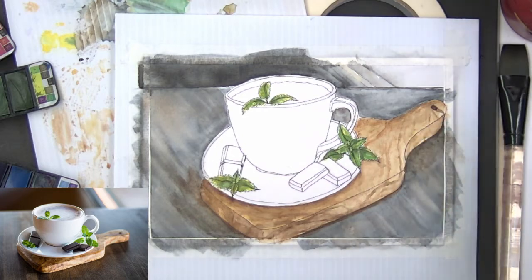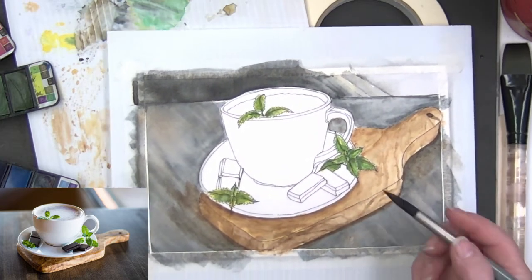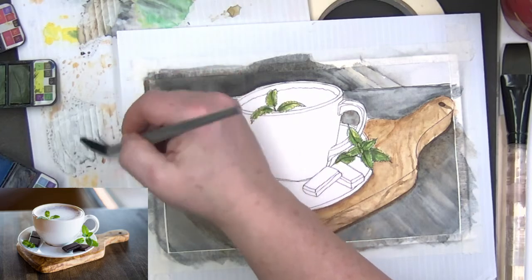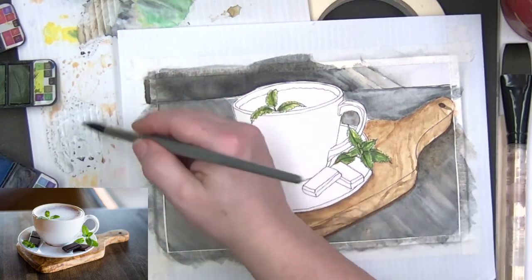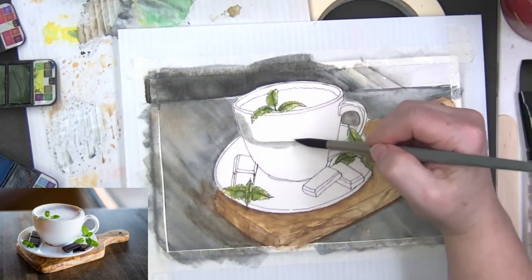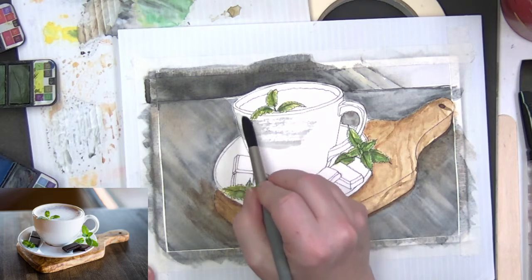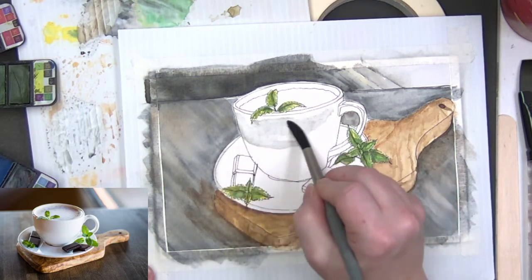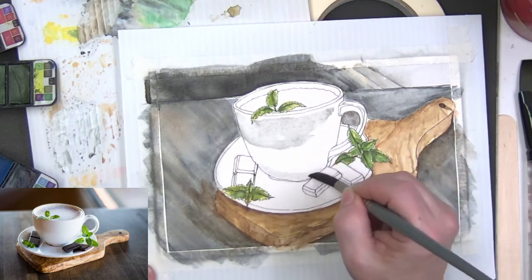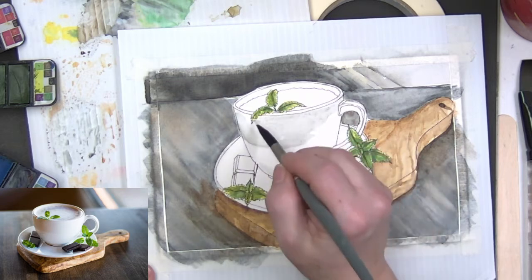All right, I'm going to I want to get the shadows in the cup and then do the chocolate. I think that's what I want to do. So the shadows in the cup. I need to just stop playing with that board and just start. The shadows in the cup are reflecting what's around it. So the shadows are going to be this sort of gray color. I'm not working on a wet surface. I am working on dry paper. I'm going to try and not